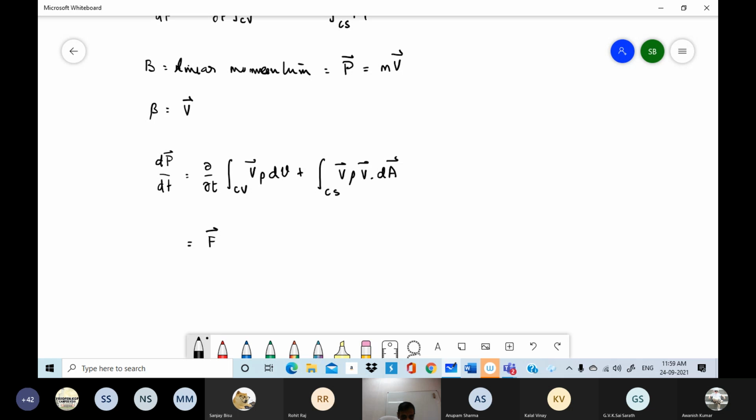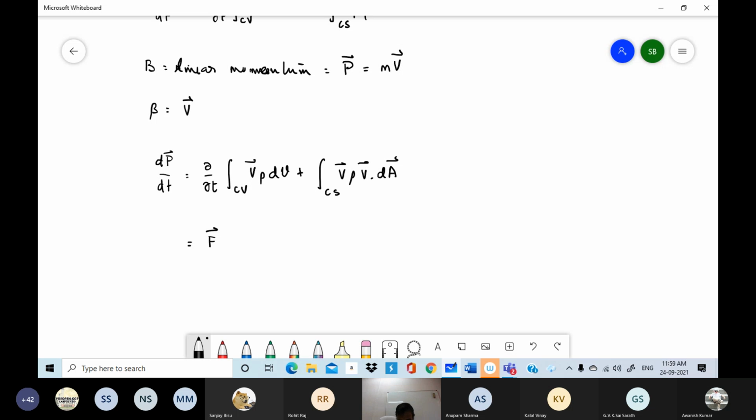So there are two parts to our equation for momentum. I don't say conservation of momentum because momentum is conserved only if the force is zero. So in general, what I'm writing is the momentum equation, which will express the law that the